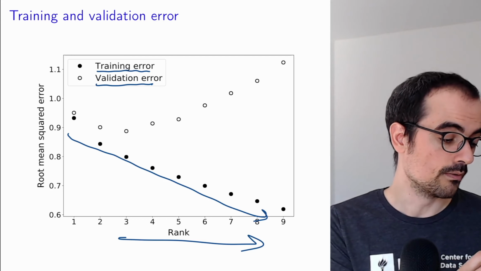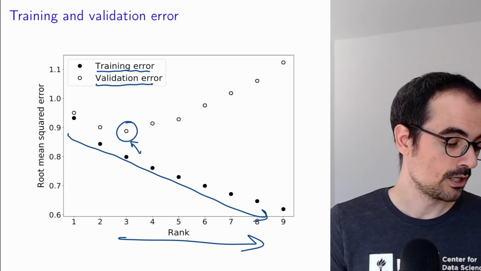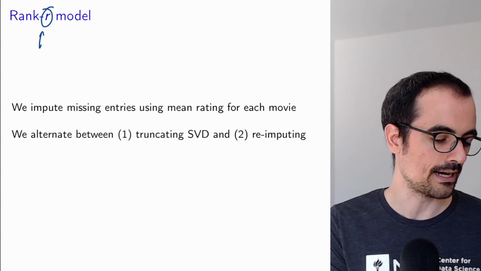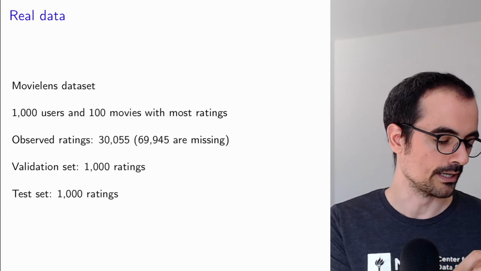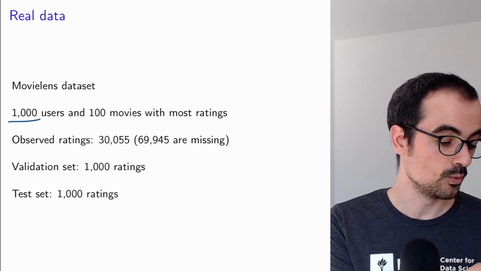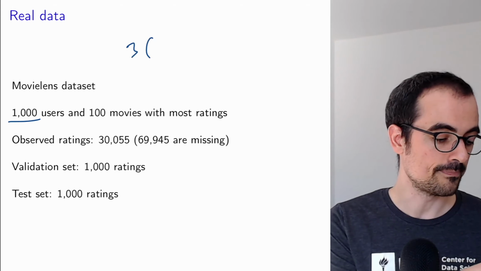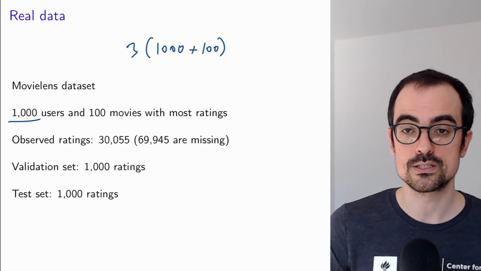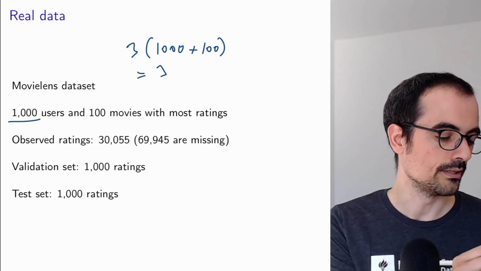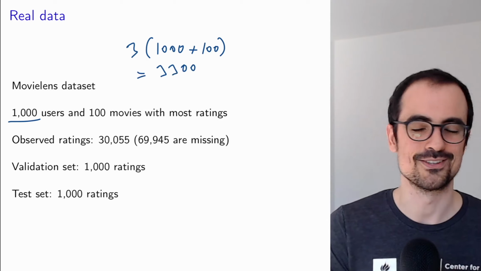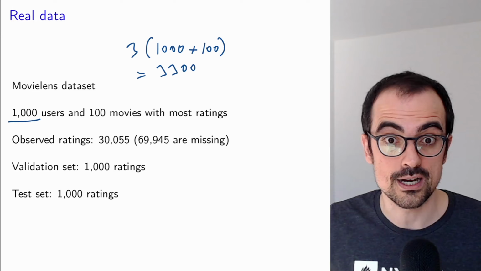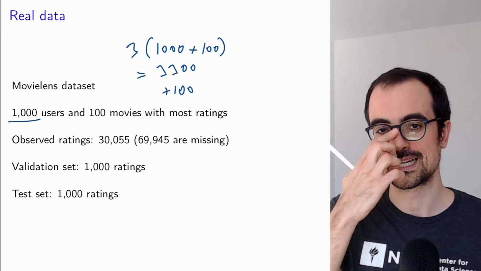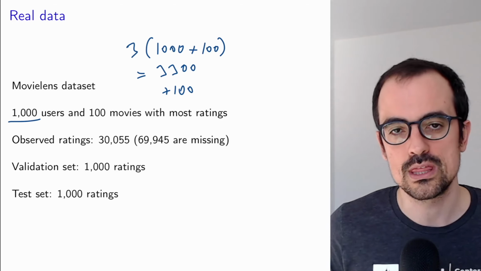However, eventually we overfit when we go beyond rank 3. So let me remind myself how many users and how many movies we have. We have 1,000 users and 100 movies. So if the rank is 3, the number of parameters in the model is 1,000 plus 100 times 3. That's not 33,000, my math is amazing, right? It's 3,300. We also have to add the mean rating for every movie, so this is plus 100, because we're also using that as a parameter. So we have a model that has around 3,400 parameters,